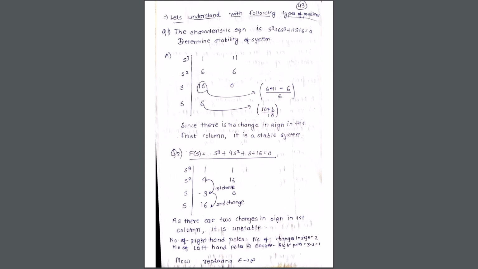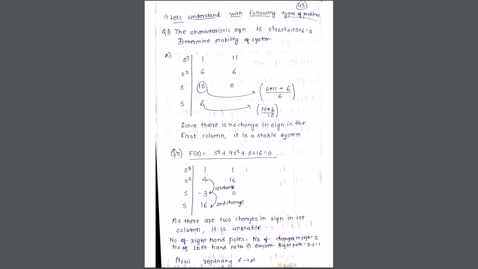So let us go with the next problem, wherein the characteristic equation is given as s cube plus 4s square plus s plus 16 equals 0. Again I prepare the table. I take s cube as my first term and s square as my second term, and I take alternate numbers 1 and 1, and 4 and 16. Again my s is given as 4 into 1 minus 16 upon 4,